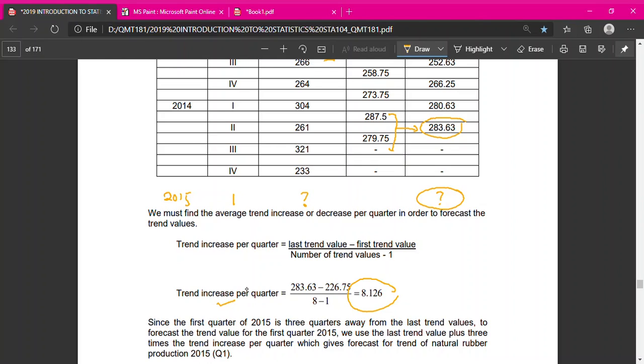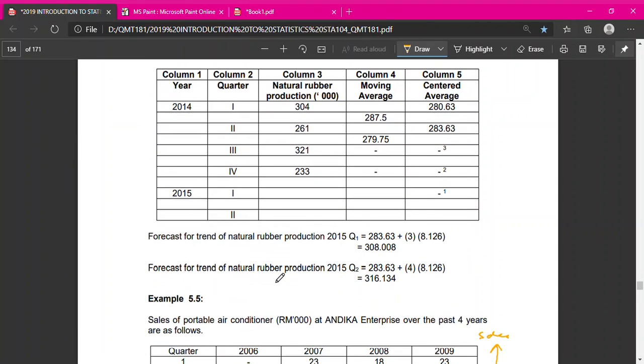So, kena cari dulu forecast trend. Okay, so hari ni saya tunjuk dulu macam mana nak cari forecast trend. Sebab nak cari forecast untuk variable sales ni ada banyak step lagi. Kena cari seasonal indices and so on. So, hari ni saya tunjuk dulu macam mana nak dapatkan forecast trend di sini, value di sini. So, first of all, kena cari dulu trend increase per quarter. Kita dah dapat tadi 8.126. And then,